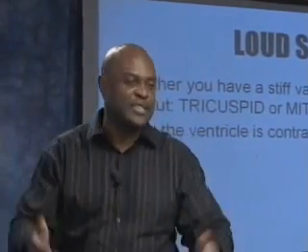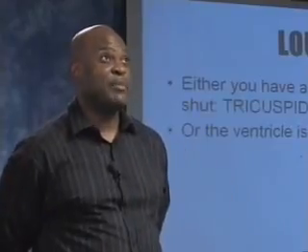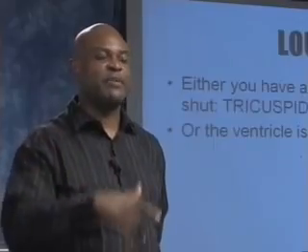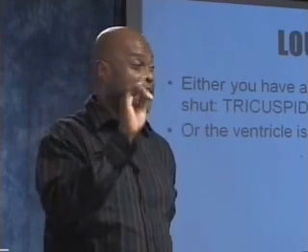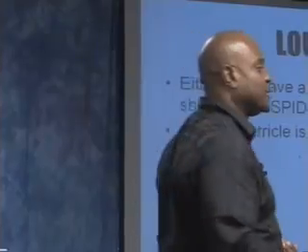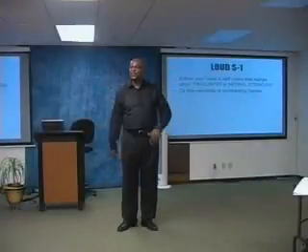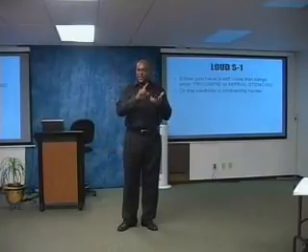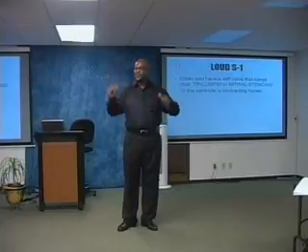So let's say Dr. Johnson asks you, what's your differential for a loud S1? Well, from what I read, Dr. Johnson, my understanding of a loud S1, first of all, an S1 is made by the closure of the mitral and tricuspid valves. So if I have a loud S1, then that means either you got a stiff mitral or tricuspid valve, i.e. stenosis, or there's high pressure in front of it, because when the ventricle contracts, it closes it. Everybody follow? And then I say, well, causes of mitral stenosis would be, causes of tricuspid stenosis would be, things that make the ventricle contract harder would be. That means if you want drugs, dopamine, dobutamine, digitalis, all the beta agonists, we can go on and on, turn it into 50 things before he finally says, okay, stop.